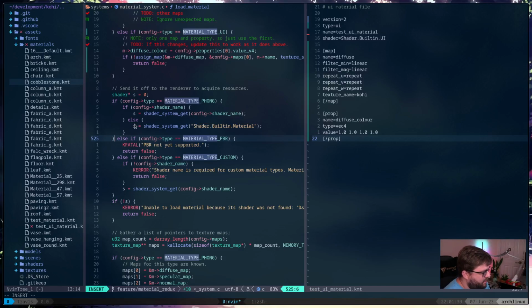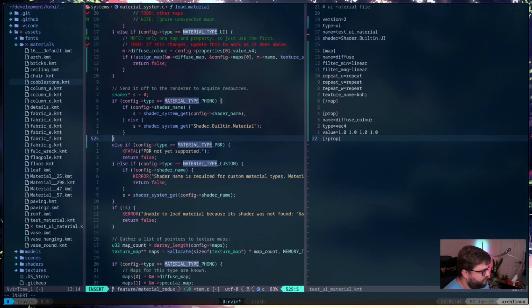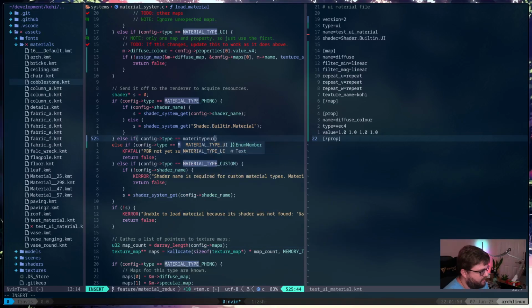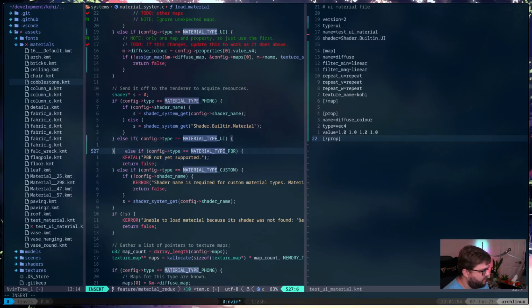So we'll say else if config type equals material type UI, right? Because we do have a default that we can use for this potentially, right?